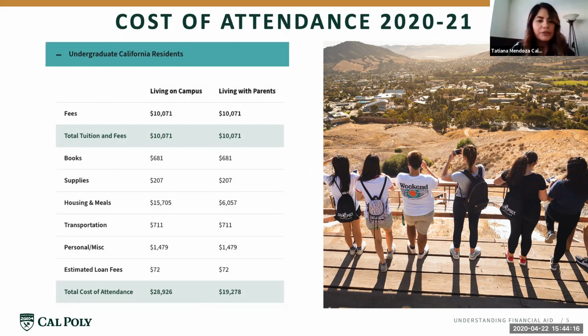So Adrian, we have another question. This one's from Darla. How do the loan disbursements work? Does the money come to my personal bank account or directly to the school? Great question, Darla. All your financial aid, grants, scholarships, and loans are going to go to the student account first. That's where all the charges are held. After it pays the charges on that account, or if there are no charges, it will then refund any excess money to you through direct deposit if you set that up in your portal, which I do recommend everyone does, or a check might get mailed home if it's a Parent Plus loan.